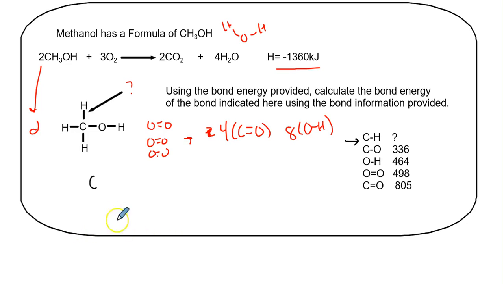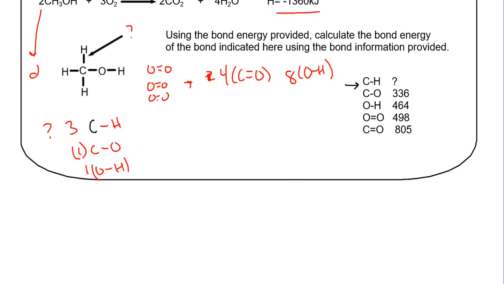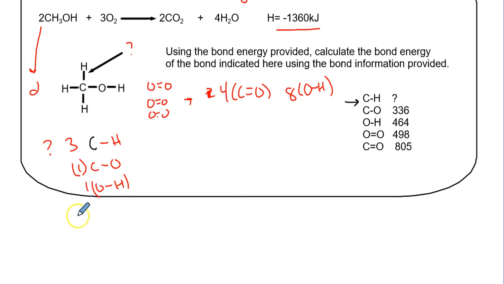Now you'll assign a value to this thing. It's going to be on this thing here. I got 1, 2, 3 of the CH bond. I don't know what that's worth. All right, so that's my unknown value. And then I got 1 CO bond, and then 1 OH bond. Okay. And we're going to make just a math problem out of this. Okay, and it's going to be 3 times this guy, x is the unknown value,